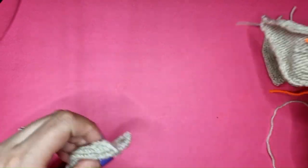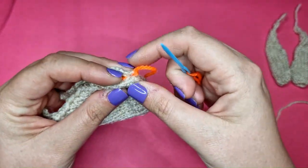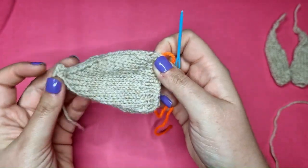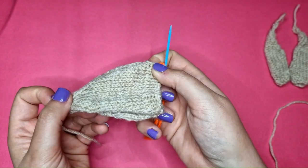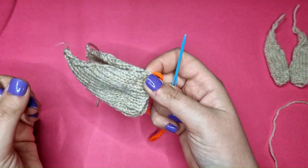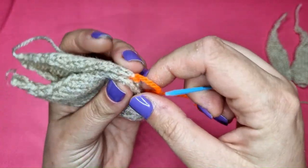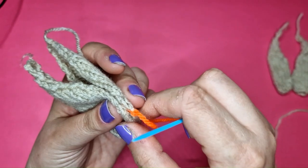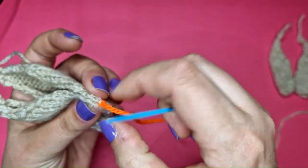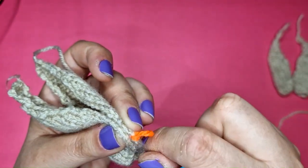So because we are going to be joining the front and back pieces together, I'm going to line up the front and back pieces so they're end to end. Now they are the exact same sizes, the exact same amount of stitches, so you don't need to worry about which is the front and which is the back. They are identical. And all I'm going to do, I say all I'm going to do, it's not all I'm going to do. What I'm going to do is try and line up the edges of my